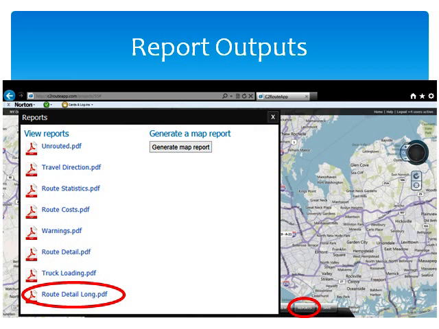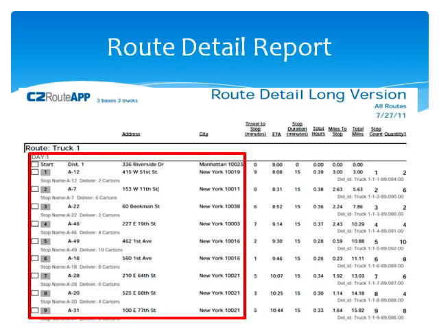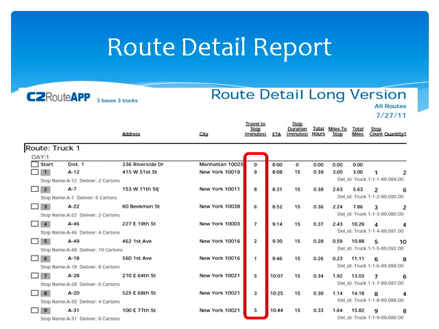The next report is the route detail report. This is an excellent report to give your field workers and dispatchers. The route detail report will give you the stops in sequence along with the location of each stop. It will also give you important information such as how many minutes it should take to travel to the next stop, the estimated time of arrival at that stop,